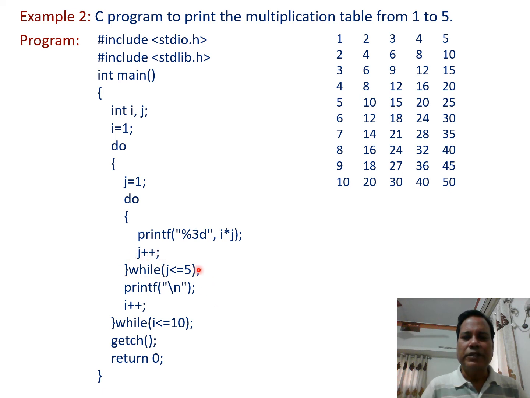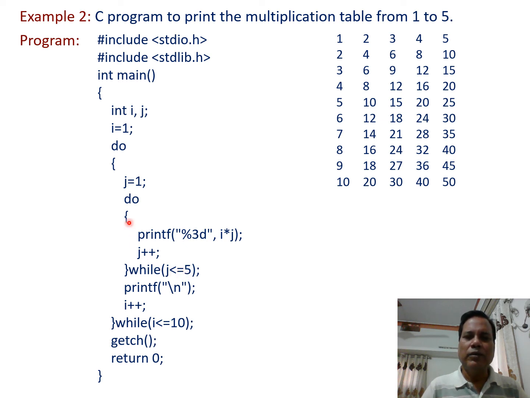Again the condition is tested, the condition is true. Then again the body of the do while loop is executed and we print i into j, that is 1 into 4, that is 4, and the value of j is incremented. So this becomes 5. 5 is less than or equal to 5, the condition is true.